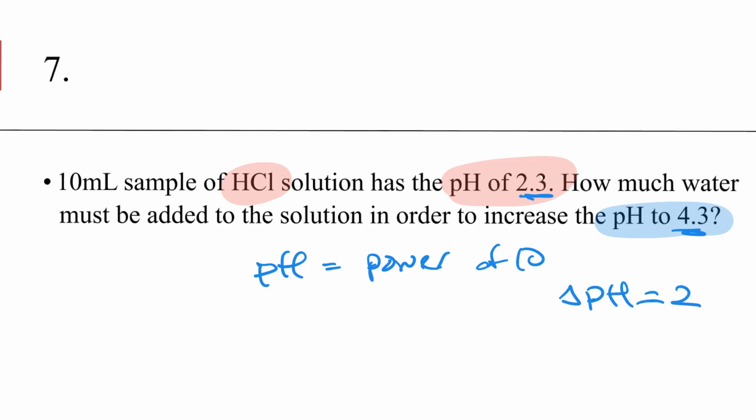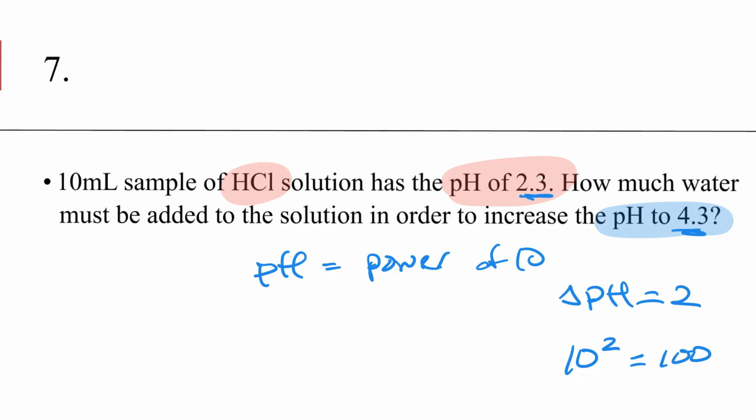So if the change of pH is 2, then really, in this case, every time you change a pH of 1, it's 1 power of 10. Well, if you change the pH of 2, it's 2 powers of 10. So in a sense, in this case, it's 10 to the second power, or 100. All right. And so in this case, if you want to change the pH by 2, then you will